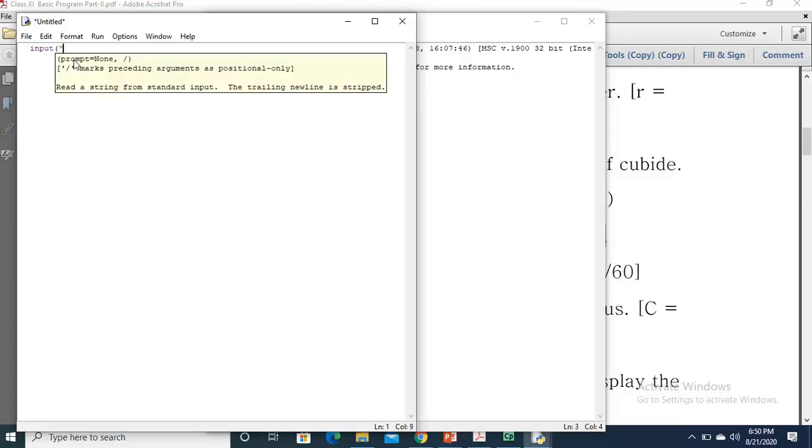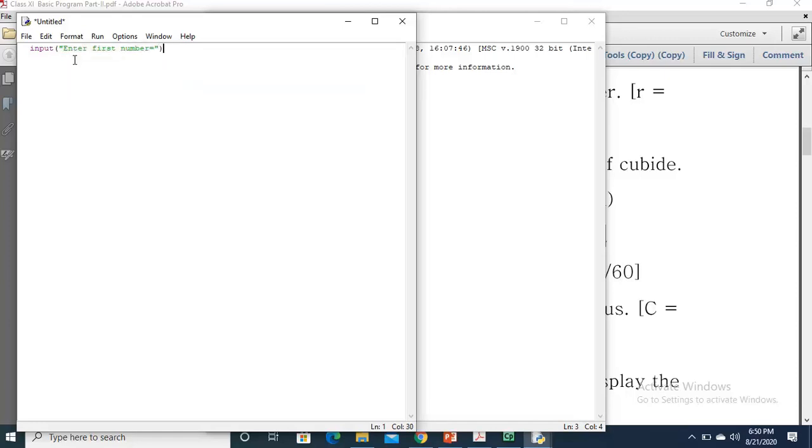And in this program you have to take 5 values, so enter first number. This is the first number. The input function takes the value from the user, and I have said that the input function accepts the value in the form of a string. Therefore here I will use the int function.